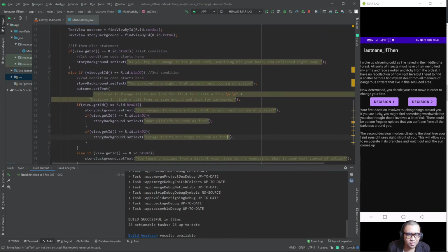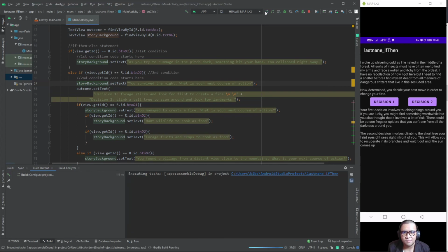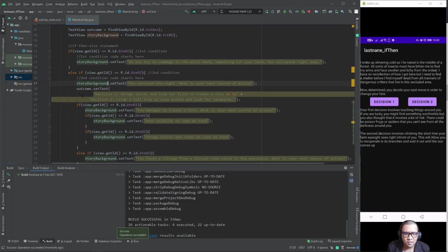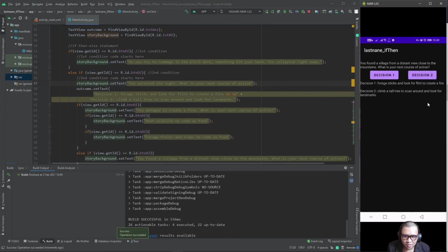So in this decision, it should be first button, decision 2, then decision 1, then, okay, let's see. So we need to press decision 2. I found a village. Then,